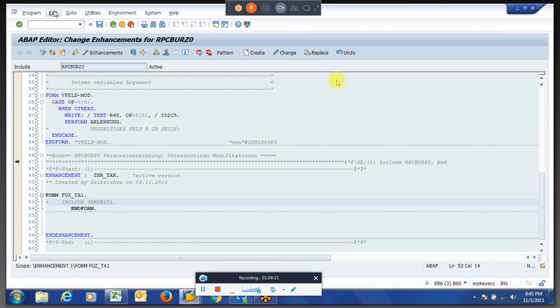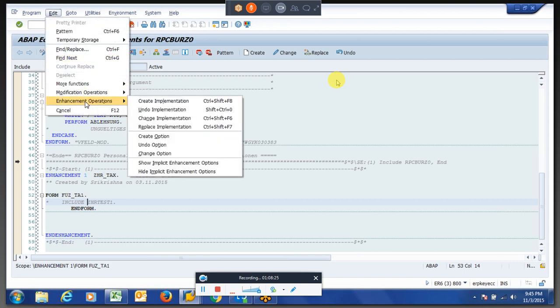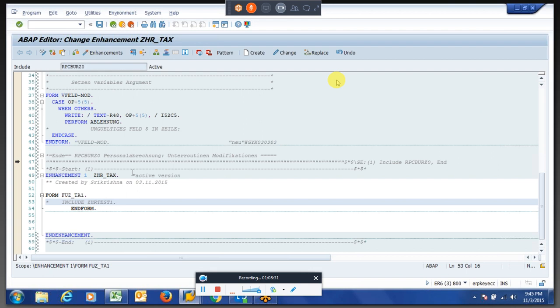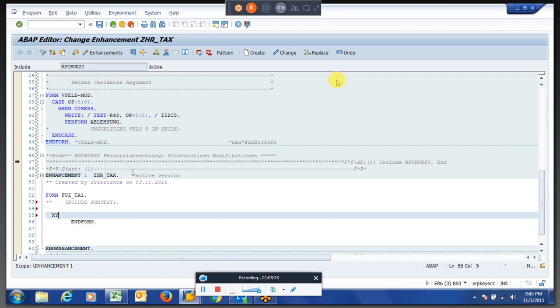Then what you have to do, you have to go to operations, change the implementation. So now you can edit the things. You can write some logic, some XYZ, whatever you want within this enhancement. So it may lead to many things.